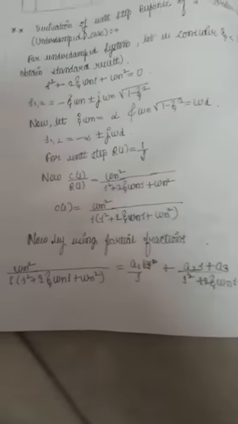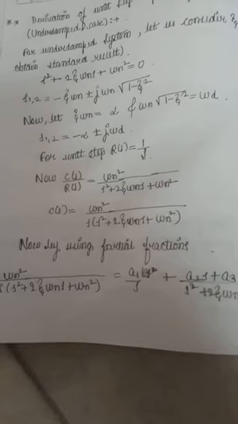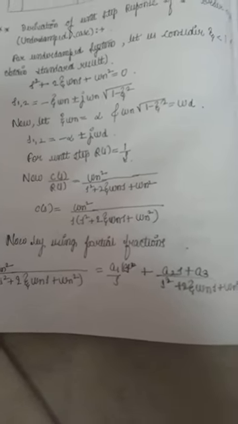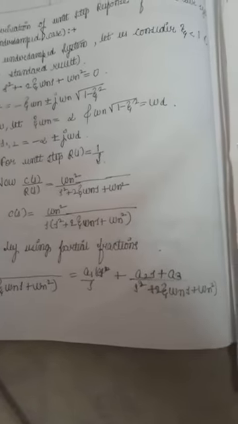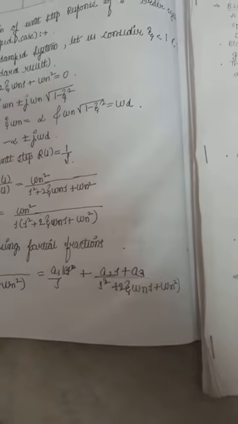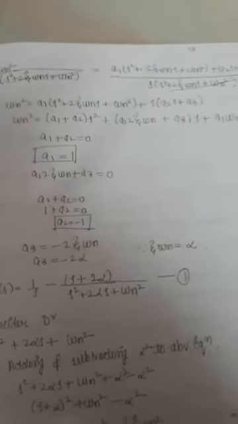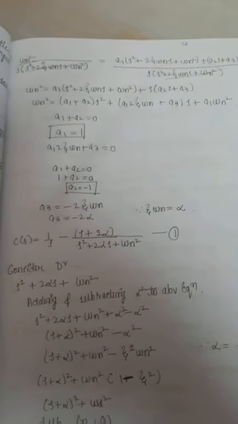Now by using partial fractions, we will take the left side, that is omega_n square divided by s into s square plus 2 zeta omega_n s plus omega_n square. By using partial fraction we'll take a1 divided by s plus (a2 s plus a3) divided by s square plus 2 zeta omega_n s plus omega_n square, that you know very well. Now again partial fraction simplification. I hope you know very well how to do the partial fraction calculations.